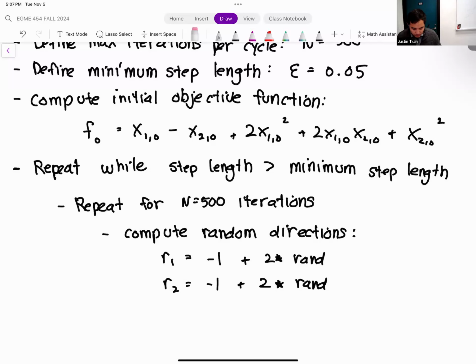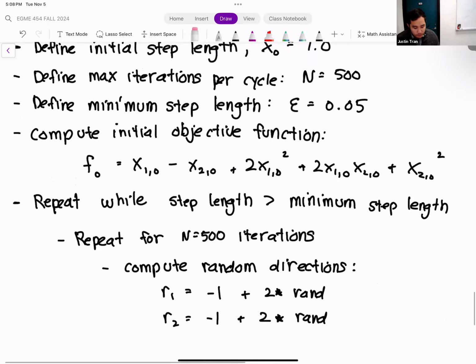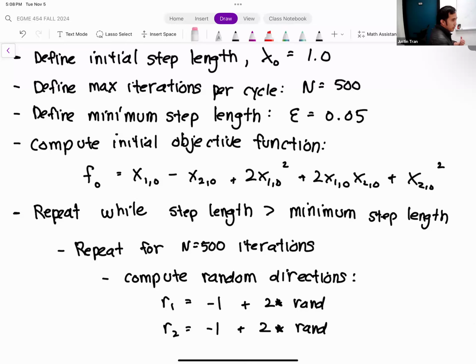So you can see here that pseudocode tries to be as faithful and one-to-one to the code as possible, but you don't have to mimic every single line of code. When you get the exam, you're probably going to see a problem that says, give me the pseudocode for random walk, or write me a pseudocode for random walk. You don't have to get every single step here exactly in the right order. That's not the point of pseudocode.